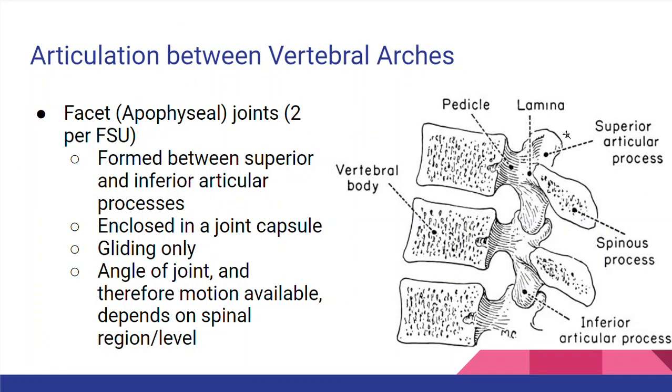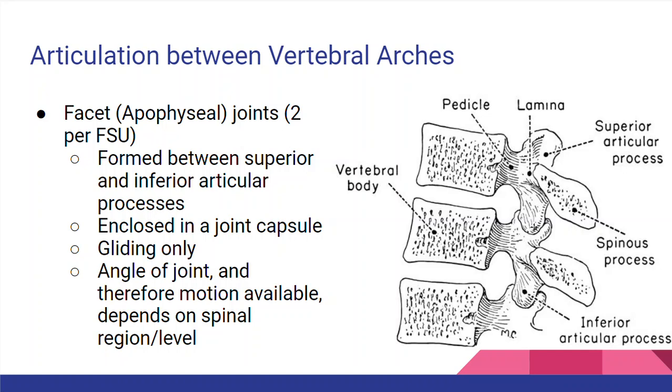All right, let's look at the posterior part of the vertebra, the vertebral arch. Remember, we have the vertebral bodies anterior and then the vertebral arch posterior. These facet joints are sometimes called apophyseal joints. There's two per functional spinal unit or motion segment, one on the right and one on the left. They are gliding in their motion. They're two flat surfaces encased by joint capsule, and they can glide as we go through flexion extension, lateral bend,